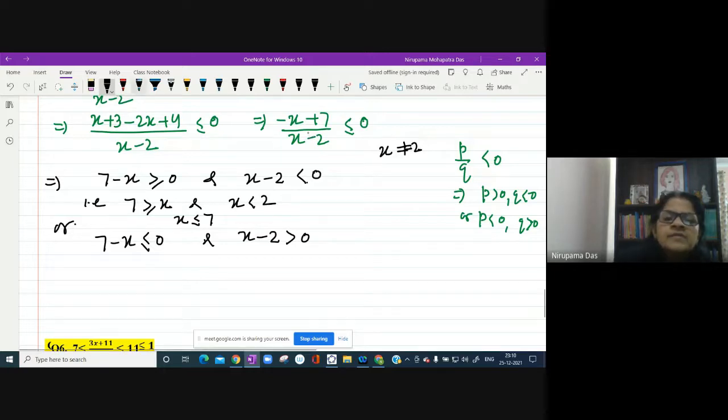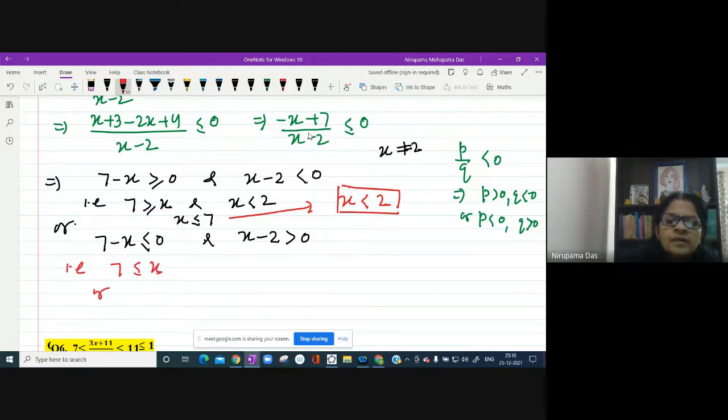So from this case we can conclude x should be less than 2. In the other case, 7 is less than or equal to x, or you can say x is greater than or equal to 7,